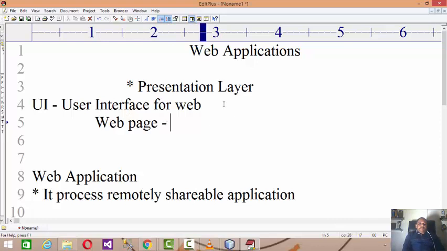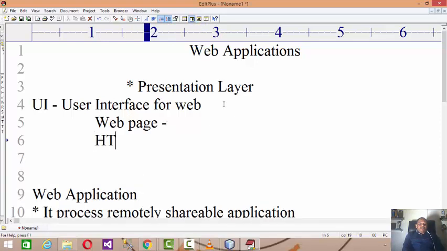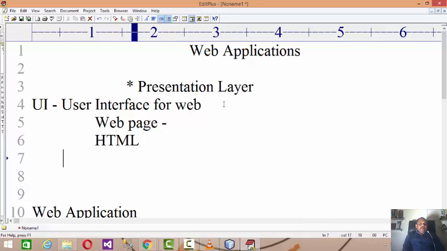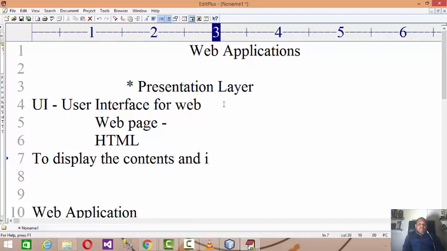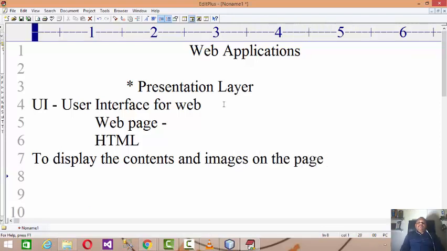Now a web page is designed through HTML, and the developer designs the web page to display the contents and images on the page. The motive behind creating a web page is to display the contents. A web page is an informative page.